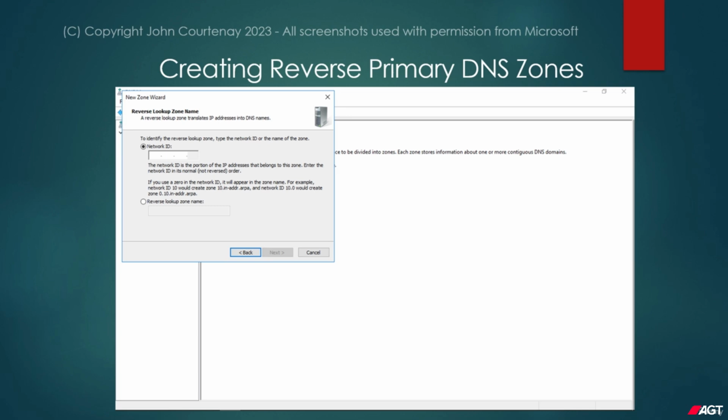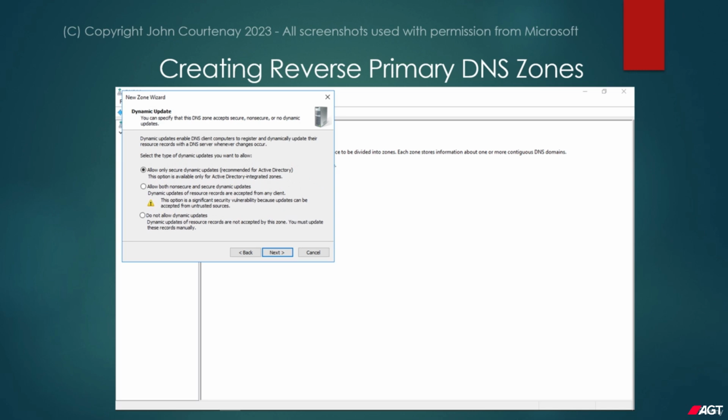Whereas if your network runs from 172.16.0.1 to 172.16.2.254, you would enter 172.16 here. For this demonstration, we're using 254 addresses in the 10 network, so we'll enter 10.0.0 in this field and then click on Next. On the dynamic update screen, as with forward primary zones, if the zone contains computers that are